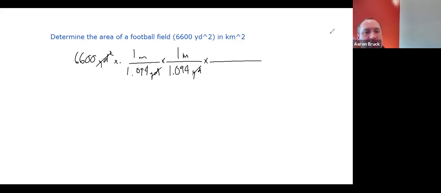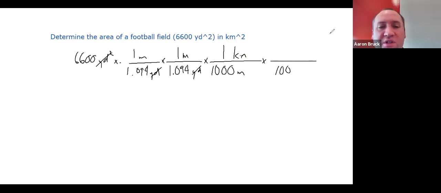Now, I need to go through the process of converting those square meters into square kilometers. And we were right, 1,000 meters is 1 kilometer. But we're trying to get rid of square meters here, and we need square conversions. So I just need to do it twice. My meters cancel here and here. Now I have kilometers times kilometers, and now I can put that number and conversion in. 6,600 divided by 1.094 divided by 1.094 divided by 1,000, and then again by 1,000,